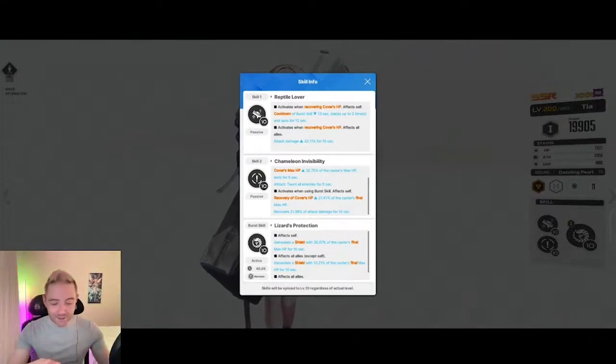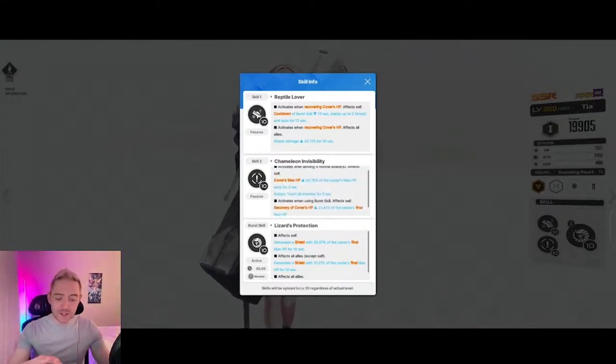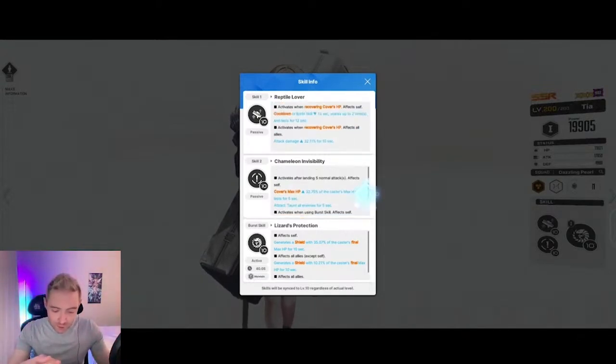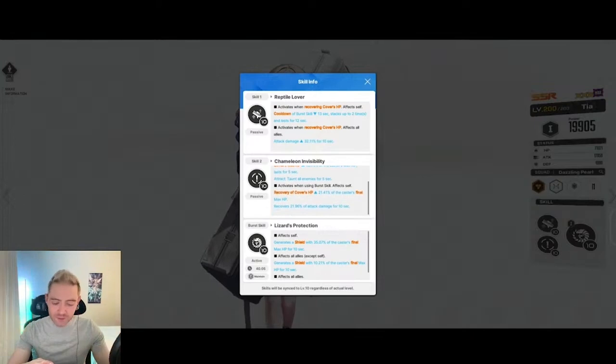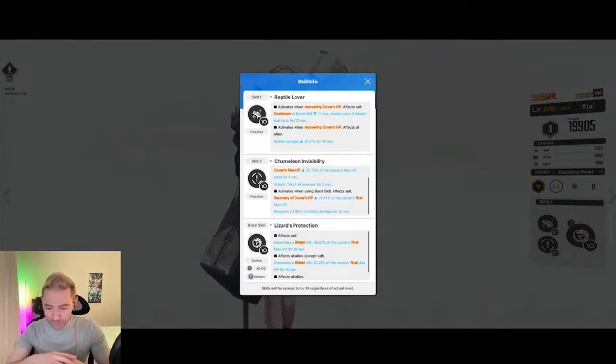Okay, this may or may not be strong. Skill 1 is amazing. Skill 2, I would say, is looking a little weaker, but probably still good. Okay, and then her burst, 40-second cooldown. Okay, so she has to be paired with another burst 1. This doesn't necessarily make her bad,